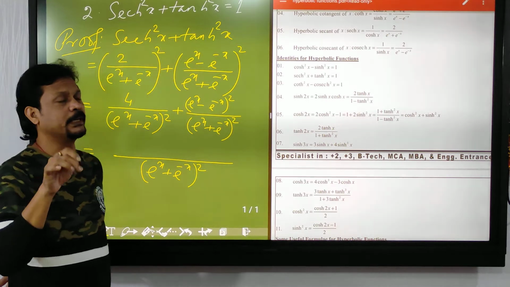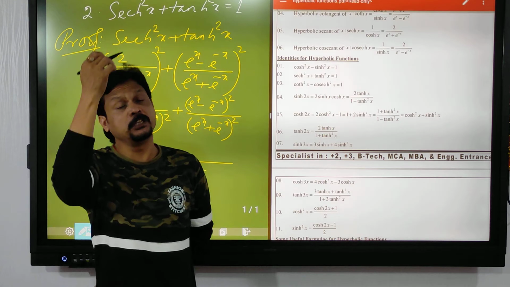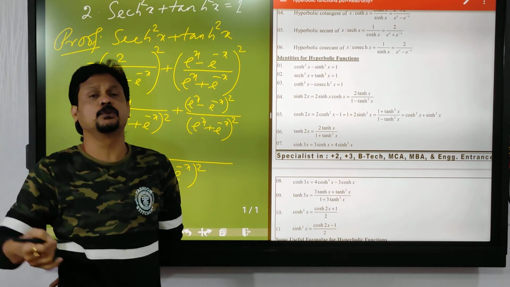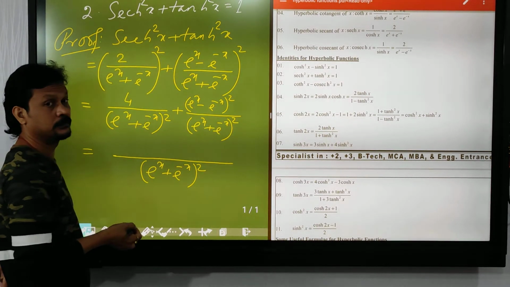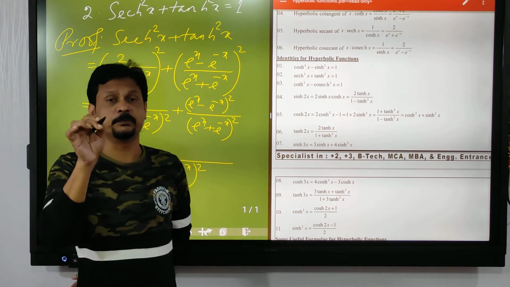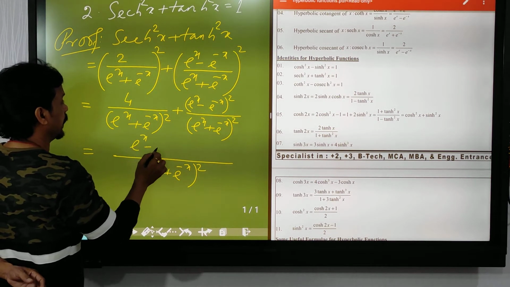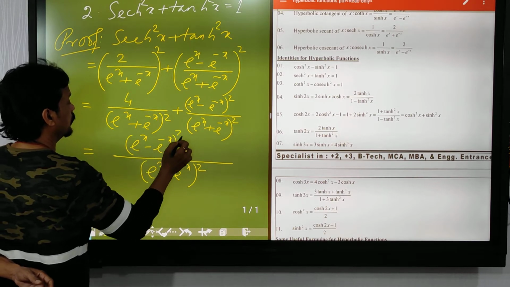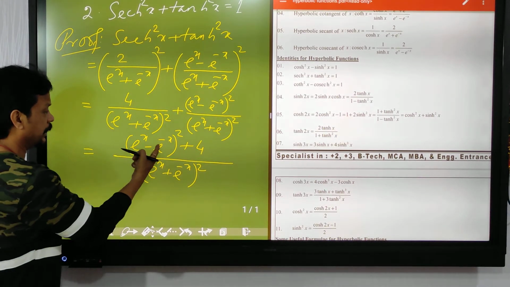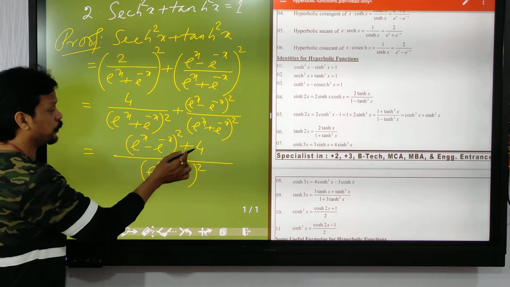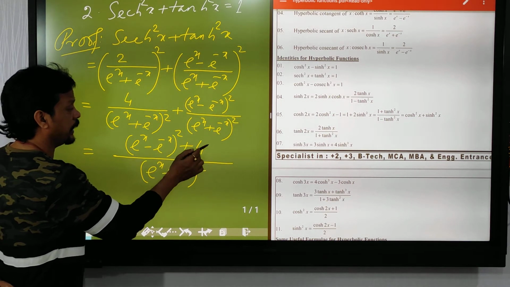See here, after all you are a plus 3 student, so you should apply all the formulas, that means from class 6 to class 12. Try to apply directly. Don't open the whole square. Without opening the whole square, you have to find out. Okay. So in the numerator it is e to the power x minus e to the minus x whole square plus 4. And this one you can write as 4ab, because a into b is 1. A minus b whole square plus 4ab.